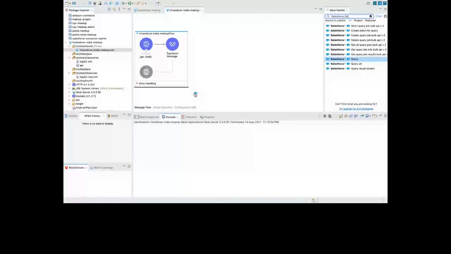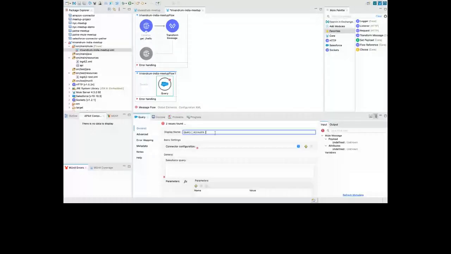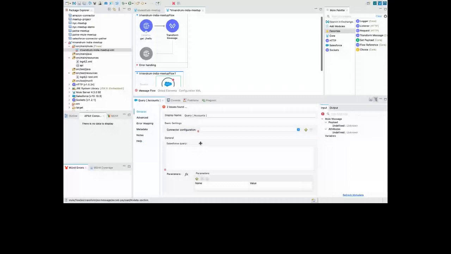Now what do you want to query? Say I wanted to query all the accounts. So I put the accounts in the array, so that I will be able to identify it is going to query the list of accounts. Okay. Now we say, okay, give me the query. What query do you want to run? So I'll say select. This is basically the query that we wanted to have.